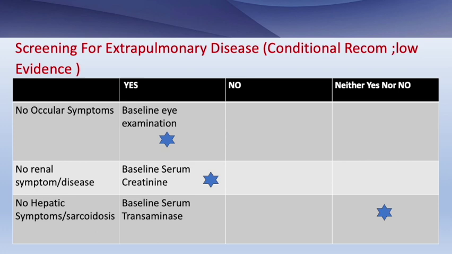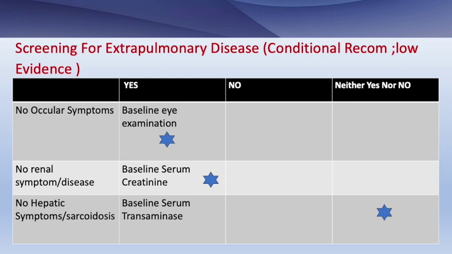It's not harmful, it's very easy, and vision is so precious to our patients that the committee recommends that all patients should undergo a baseline eye examination. This also helps because it may help guide our treatment. Suppose a patient has glaucoma, we may not want to give him steroids for a longer time. We may want to look out for HCQ related retinopathy. So all of these can also be managed better if we have an eye examination in place.